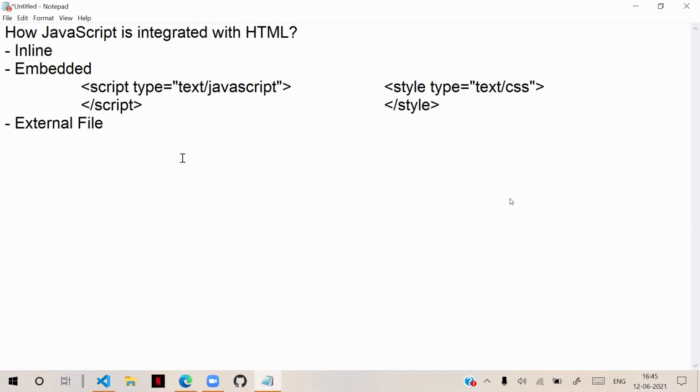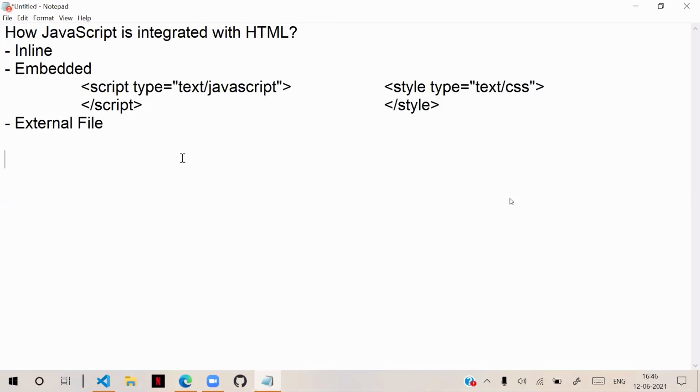Everyone understood this? I explained this in detail in CSS also, the same thing. I told you why I am spending so much time on these techniques, because the same will repeat in HTML and JavaScript also. So inline, embedded, and external file. How can JavaScript be used in HTML? Inline technique, embedded technique, and external file technique.